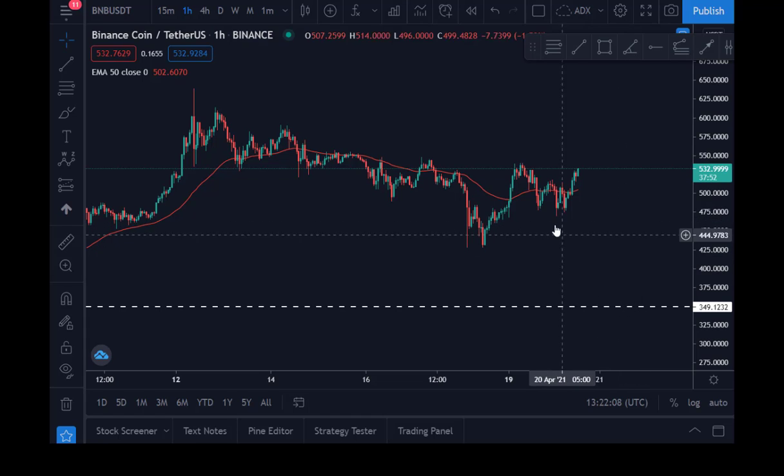All right, looking at the chart like this, that's the best thing in life. Looking at the chart like this, knowing when to enter exactly and how to position yourself and ride the wave.